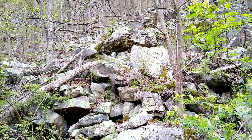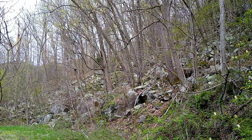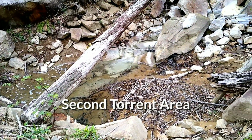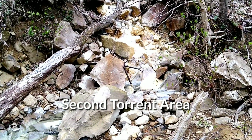The upper hillside is all basically a pile of boulder and rock. Kind of interesting. I see that from time to time. If my bearings are right, I think this is the location of the first torrent. You might notice if you have an ALT guide, which I recommend,